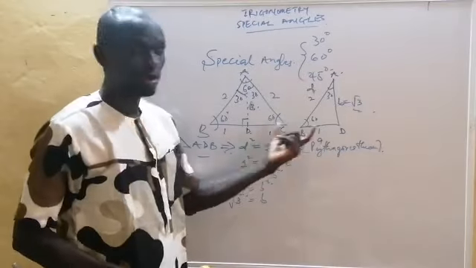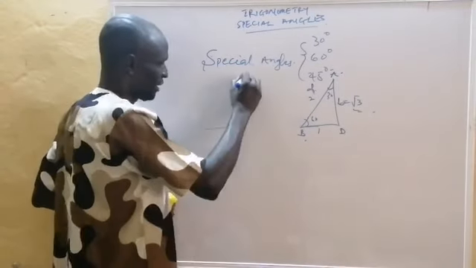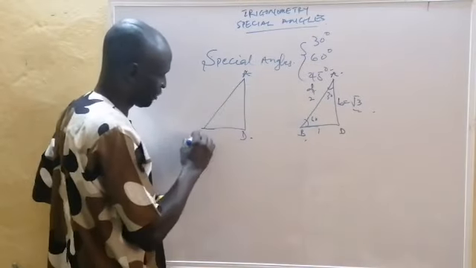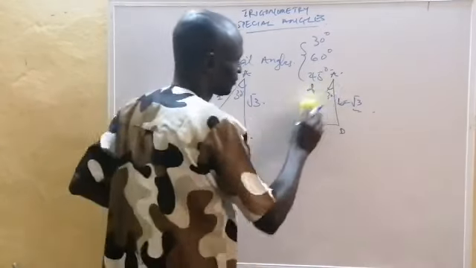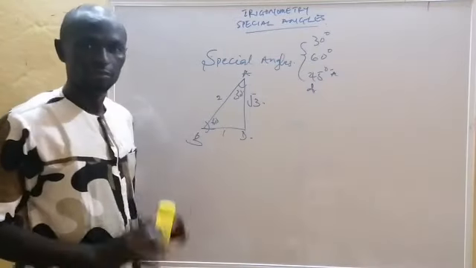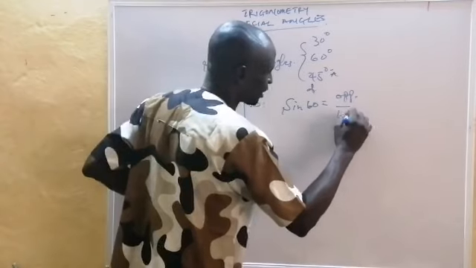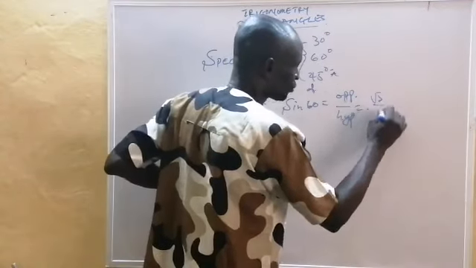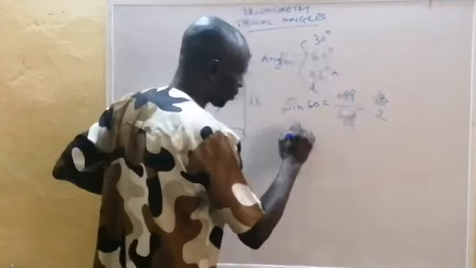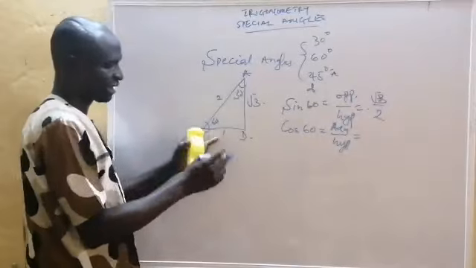Now, if you look at this, from here I can conclude that I can now take, let me wipe this, triangle A, D, and B. Here is 60 degrees, here is 30 degrees, here is 2 and 1, and here is root 3. Now, simple. From here we can conclude that sine of 60, which is equal to opposite over hypotenuse, will be equal to opposite, that's root 3, over 2. At the same time, the cos of 60, which is equal to adjacent over hypotenuse, will be equal to the adjacent of 60, that is 1